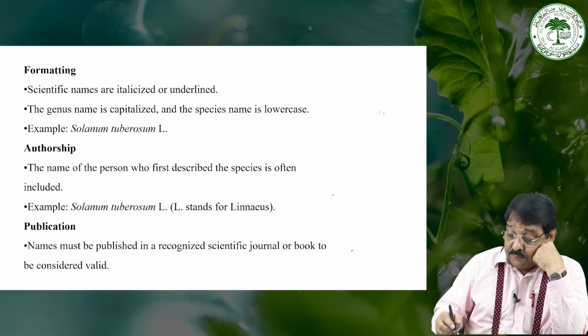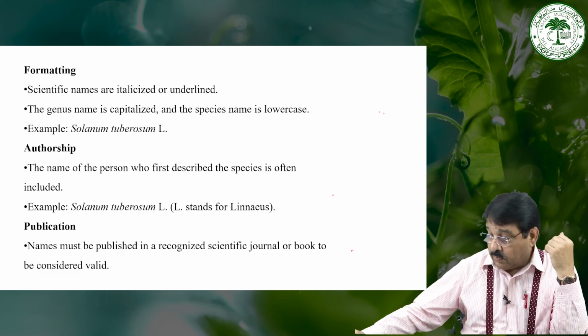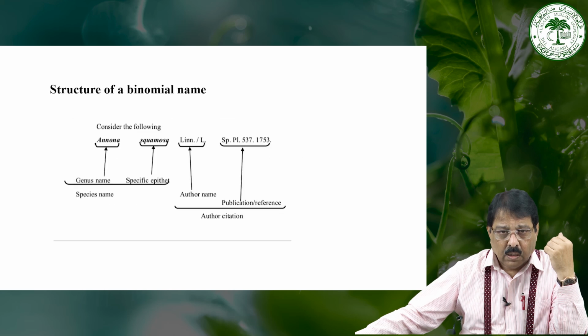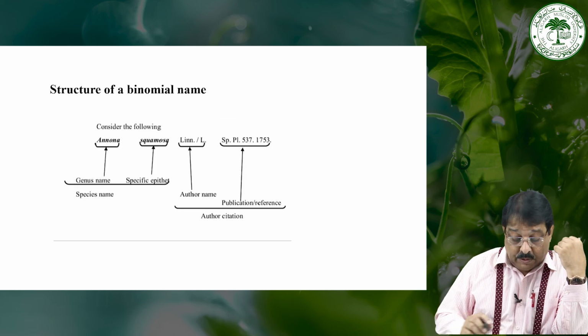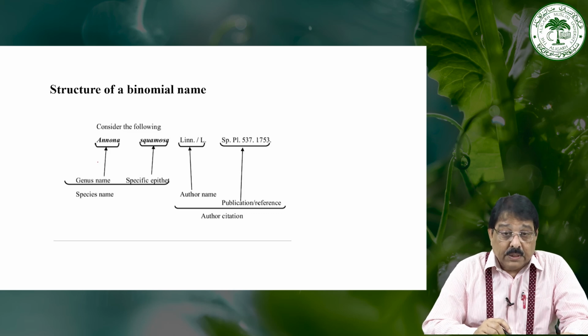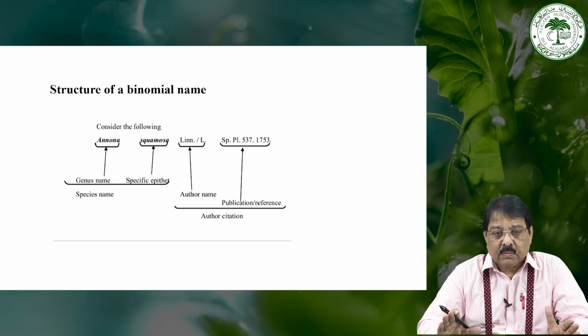He said that the first word would be of the genus, and that will start with a capital letter, and the second would be of the specific epithet, that must be written with a small letter. And then after that the authority who has given the name to the plant must be attached with the